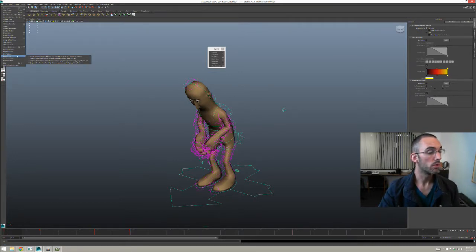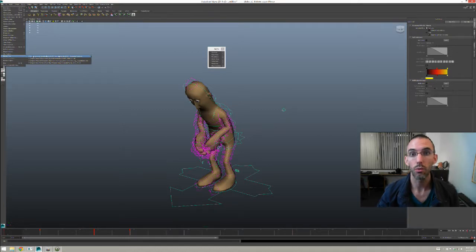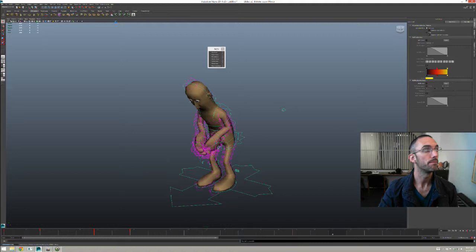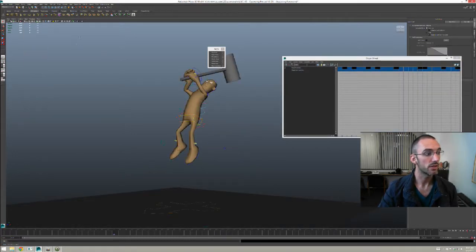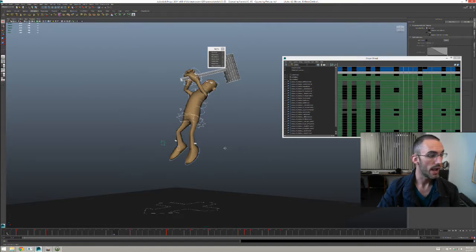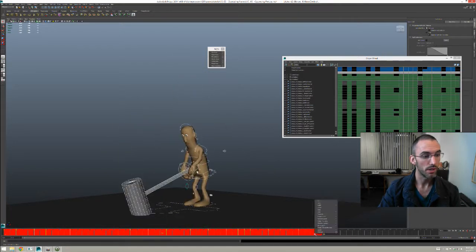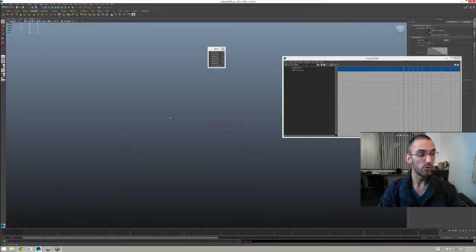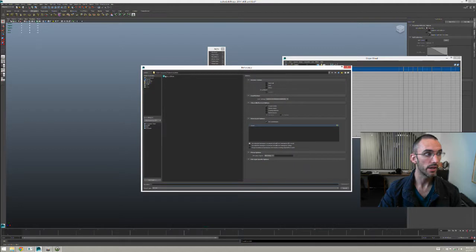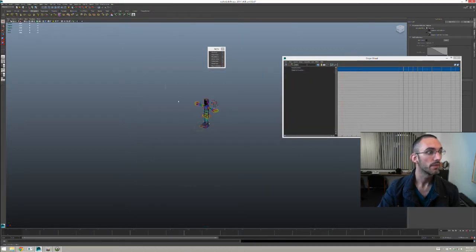Sometimes what you actually want to do is copy and paste all the animation, if it's not working on the hierarchy of your character. Here's another way to do it. If you are sure that you can select all of the controls and you have the entire animation in your timeline, you can do a copy right here and then go new. This is different for every single rig, but hopefully this should work. Select them all again and then go paste.